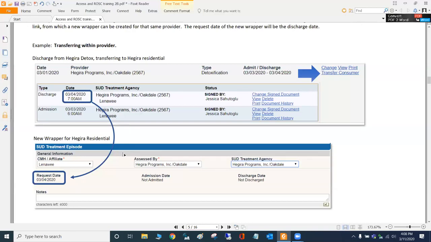If it were me, and you do need to check with Nicole and Joellen, because I don't know that we have administrative rules in place on this, but if it were my vote, I would say do this transfer thing. You transfer them out. You have a new request date, and just for the admission, choose whatever service is going to happen first. They're not going to be exactly side by side, right? Choose that one as your level of care and let them flow through the different levels of care, and discharge when whichever service happened last.